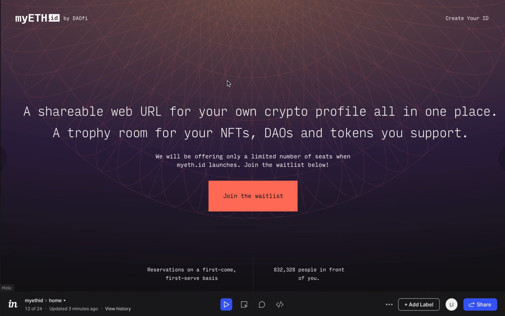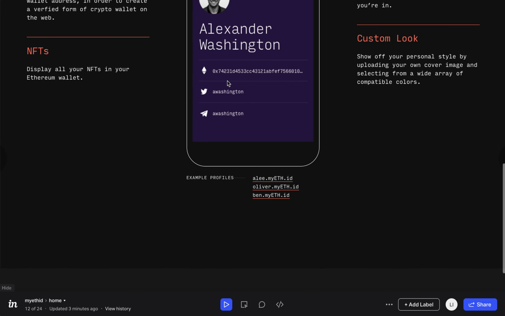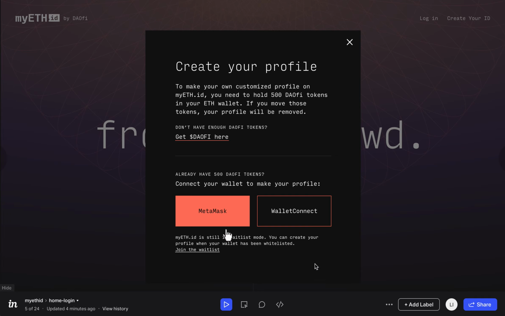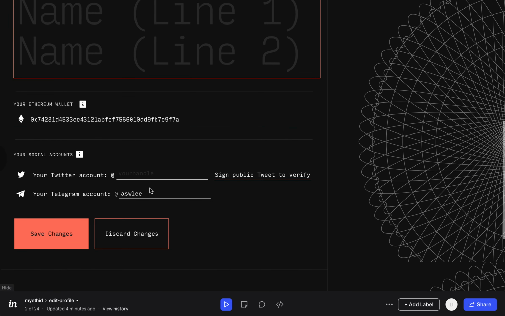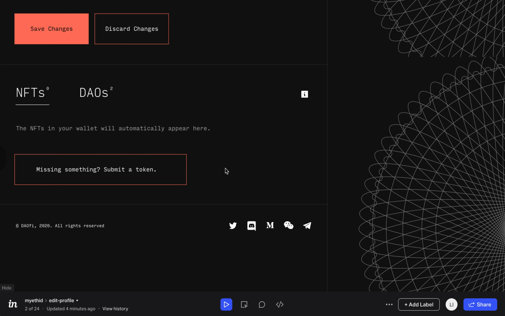Basically, what MyEth ID lets you do is create an NFT social profile. It will show all the NFTs you own. And you create your profile by connecting your Ethereum wallet via MetaMask or Wallet Connect. It will require staking a certain amount of DAOfi tokens to use this service. And if you hold the DAOfi tokens, you are able to edit your profile. You can customize the URL, the color, your image, your name. Your Ethereum wallet is shown on your profile. You can add your Twitter account, your Telegram account, and your profile shows all the NFTs and DAOs you own,